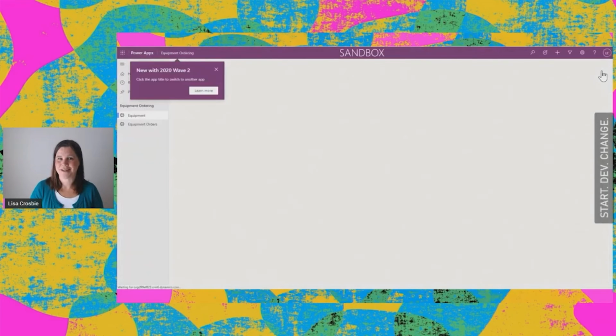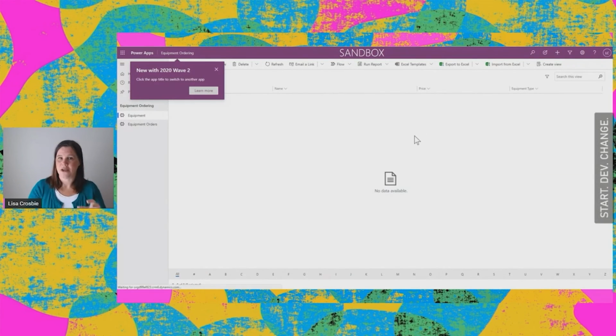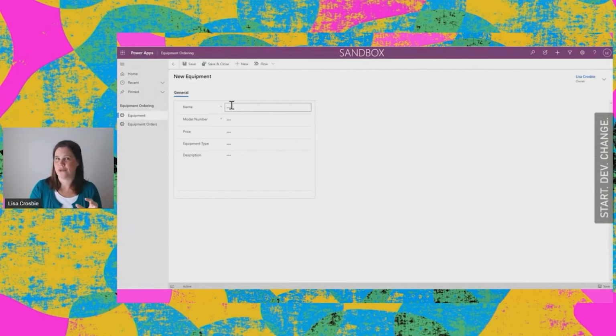Model-driven app done. So this is what it looks like. All of the rest of this user interface stuff was already done. When I say create model-driven app, all this stuff with export to Excel, it's a fully responsive interface. All of that stuff is done. All of that is ready. And now these are the components that I created. So this is my equipment form, remember, that we put together.